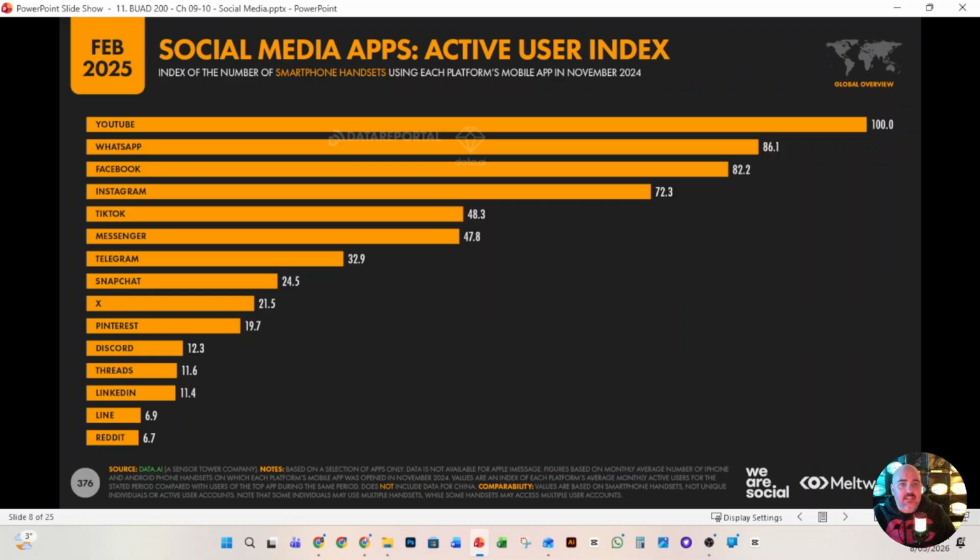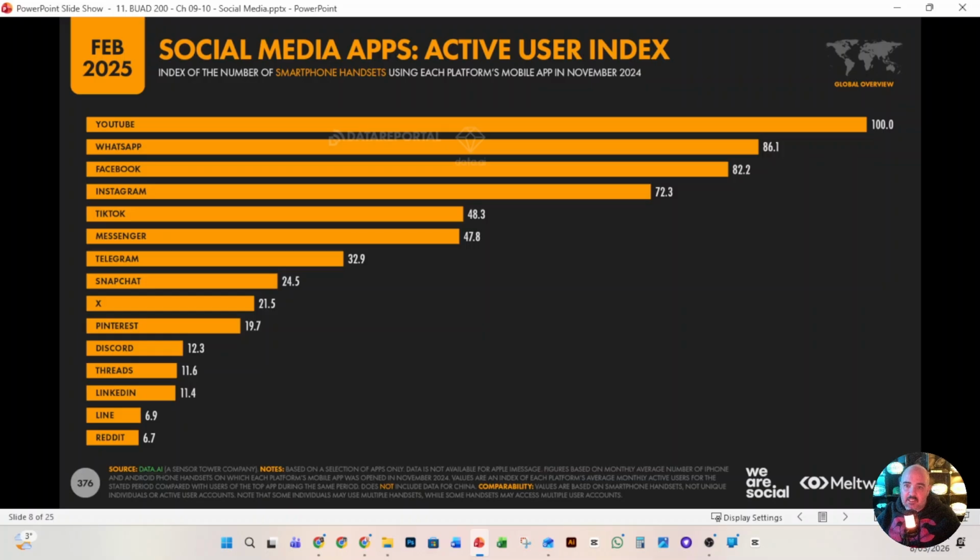Just looking at the active user index, this is from February 2025, so it's a year old. But in terms of active users, and this comes from data.ai, so people who are actually using the platform, remember we have to get rid of bot accounts, spam accounts, anybody who's not actively using.